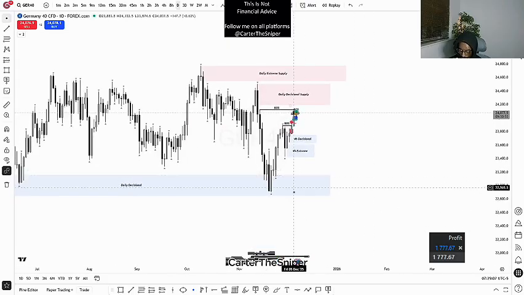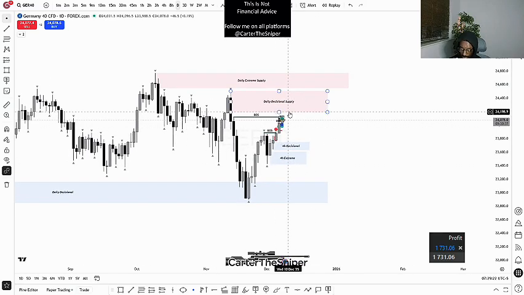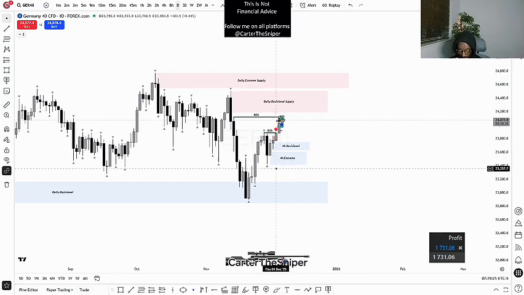Why is it an internal range? Let's read it again. This high went and broke this low, right? And then from there we went and broke this high with this candle here. So this candle here, when we broke it, an internal range took us up, and we're literally bouncing off internal ranges. So when we reach here, we're likely to come take out this internal range as liquidity because a